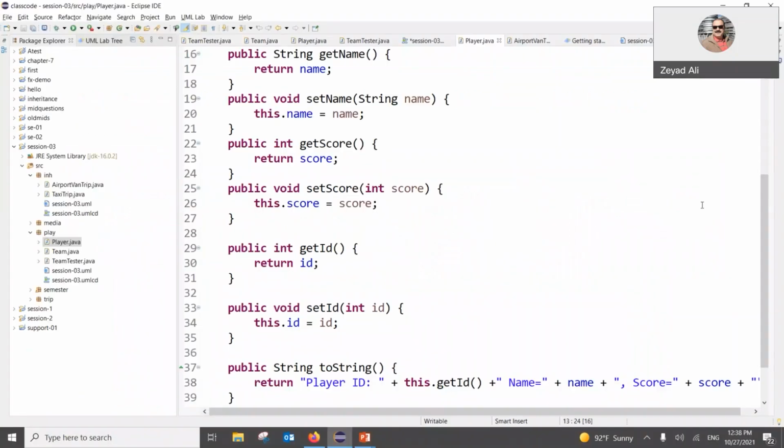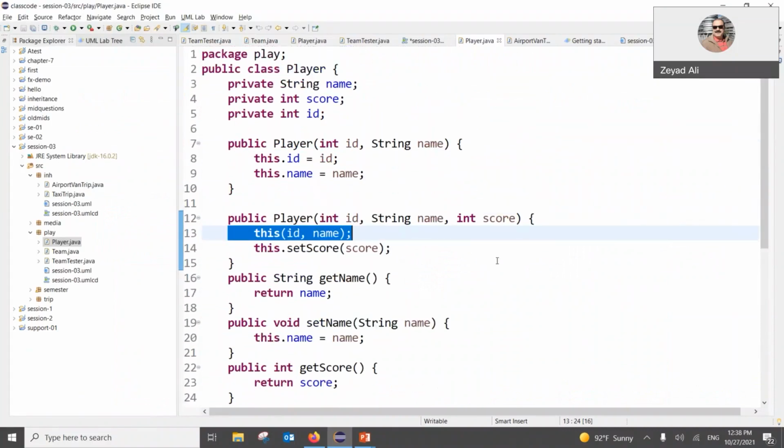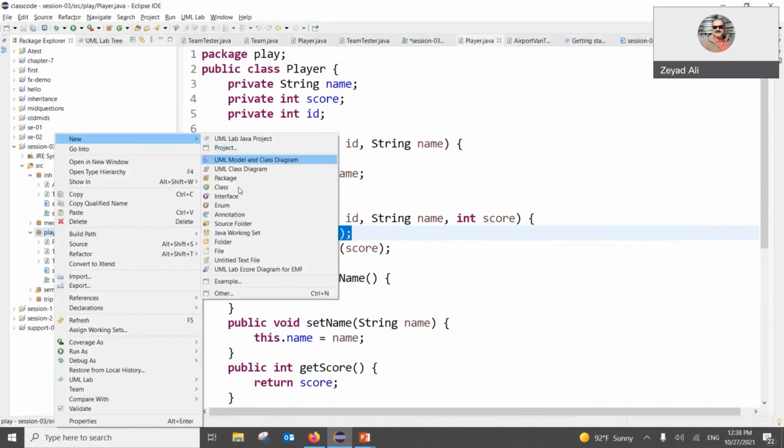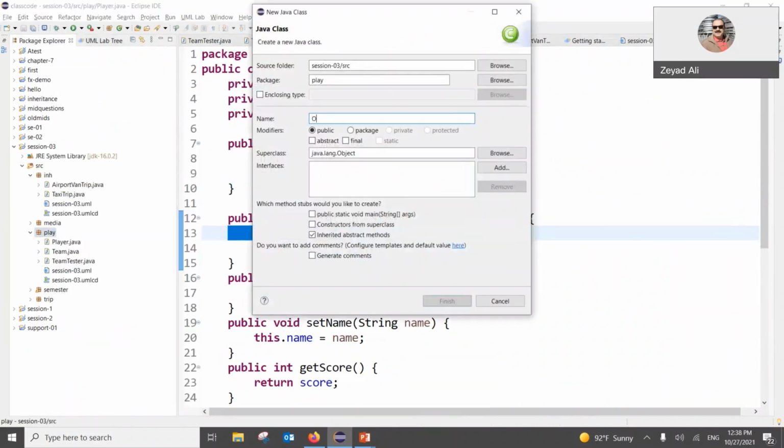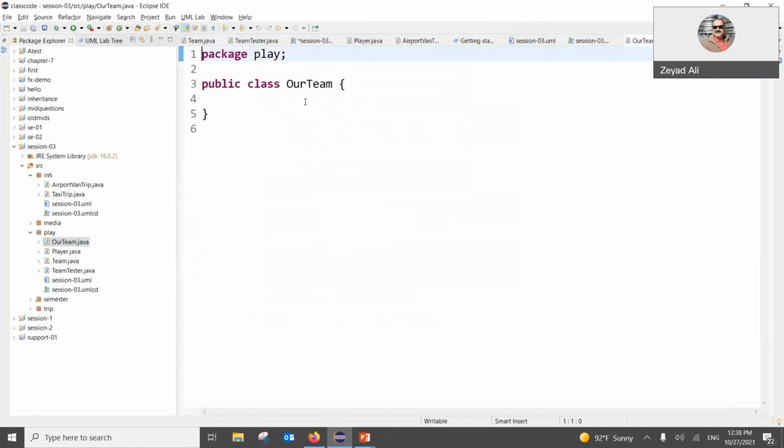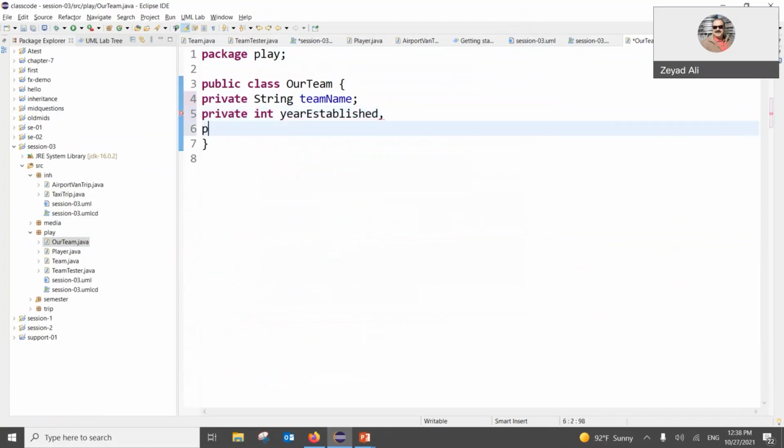So here is our team class. And next we will create our player class, this one. I will create a class called our team. And this team class has, if we want, here we can say, private string team name and private integer year established, and maybe we can say also private string city